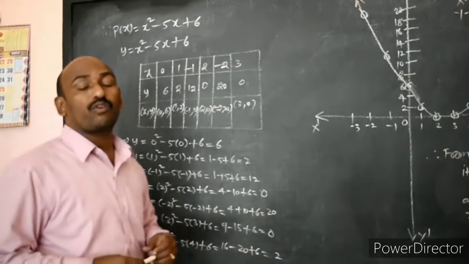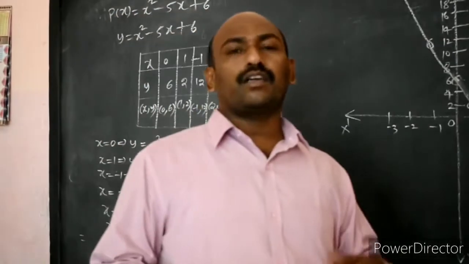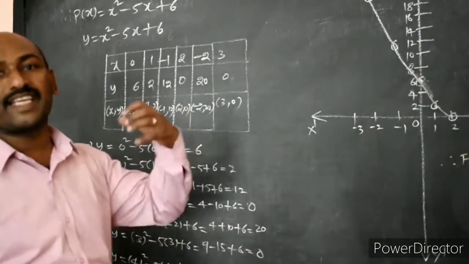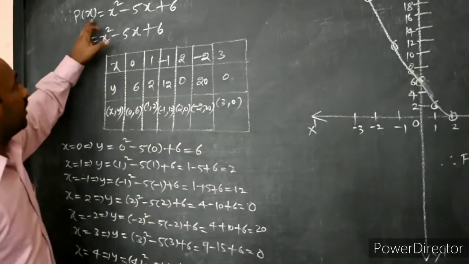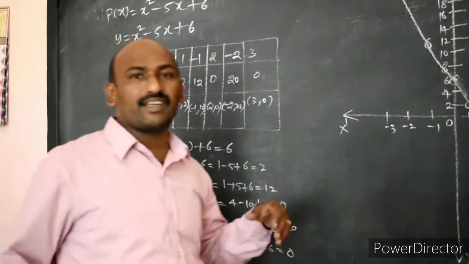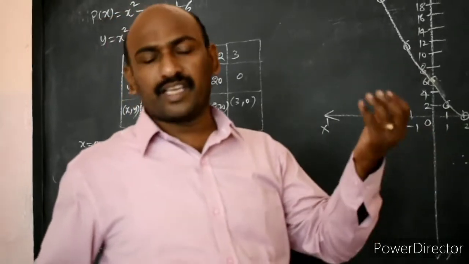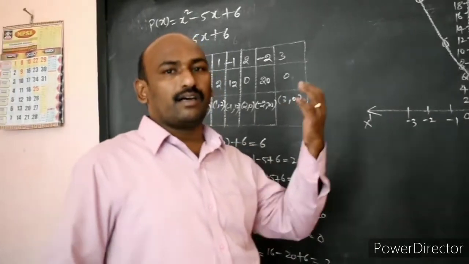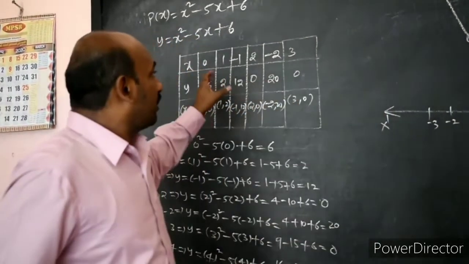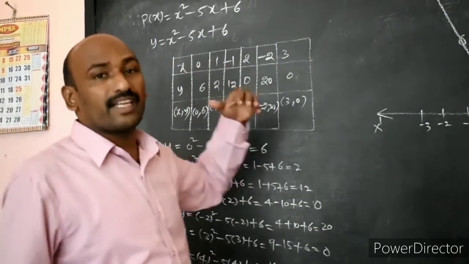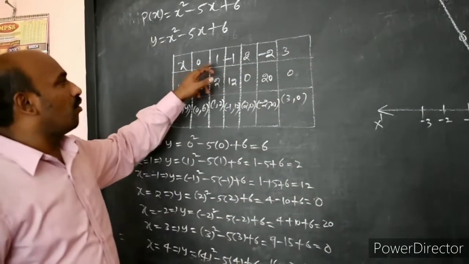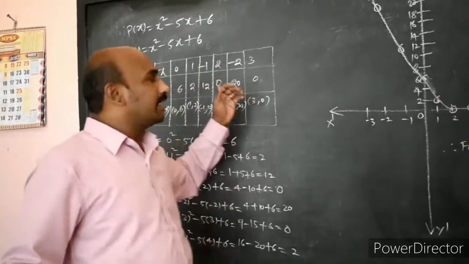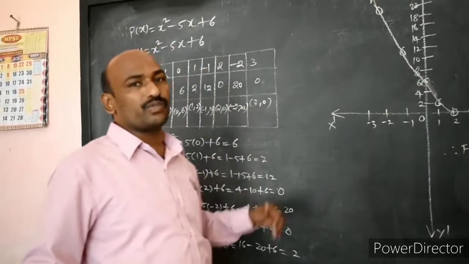Now we are discussing the graph of a polynomial. The graph of a polynomial depends on the value of the polynomial, so this concept is also covered here. What this means is, they can ask you to draw the graph of a linear polynomial, or a cubic or quadratic polynomial. You follow this method: you randomly select the values of x, like 0, 1, minus 1, 2, minus 2, 3, up to 4 or 5 values. Depending on the situation you can increase the values for a quadratic polynomial.